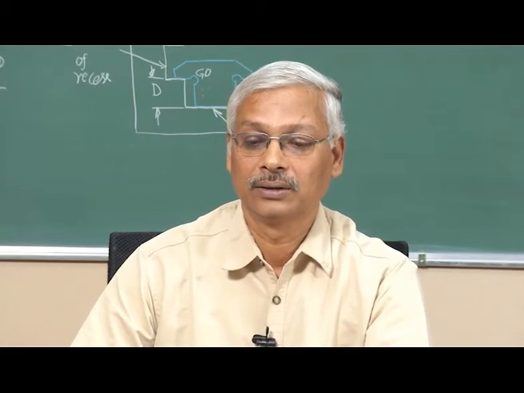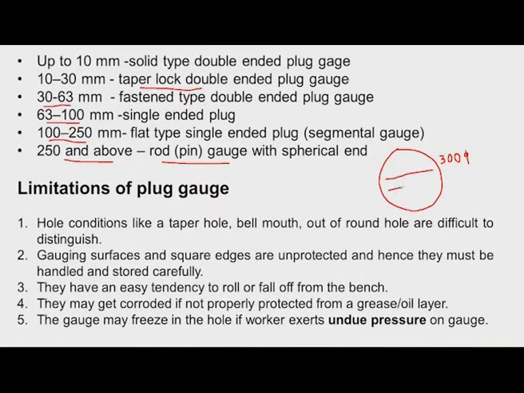So the practice is to use pin gauges with spherical ends like this. So the length of this is controlled. There will be one pin for go, the lower limit, and one pin for the upper limit. So we have to insert it and then rotate it, or remove it and again insert it like this. Some 2-3 times we have to do like this. So these are called pin gauges. They will be very light in weight, so the operator can easily use them.